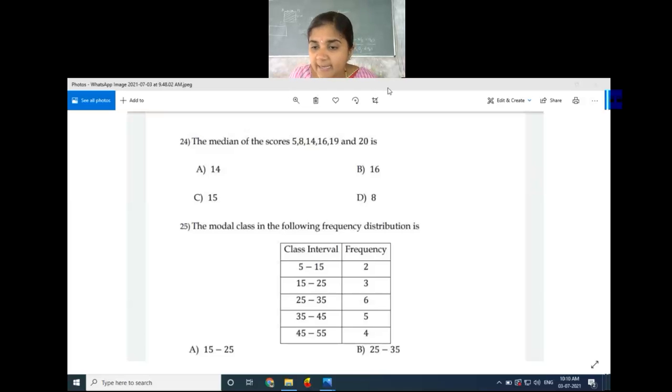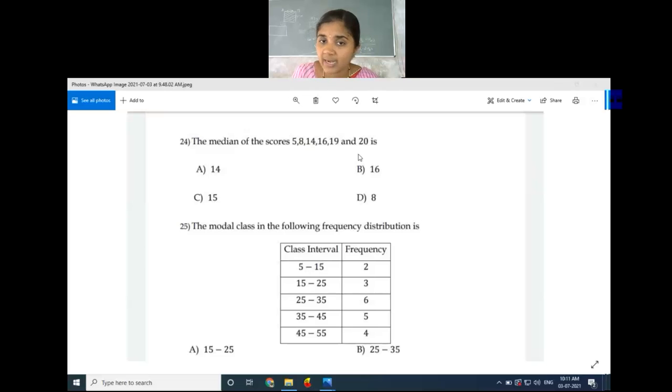Nutan, which formula do we have to use to find the median of this data? Data is in even numbers. N by 2 plus N by 2 plus 1 observation divided by 2. Is it the right answer? Yes. When the observation is an even number, we have to take the average of the n by 2 and n by 2 plus 1th observation.